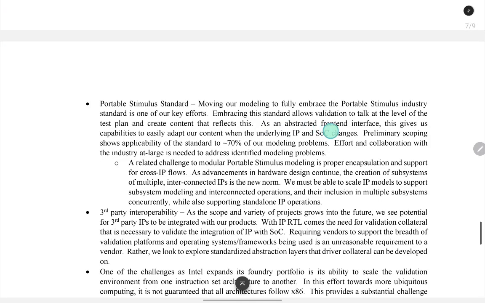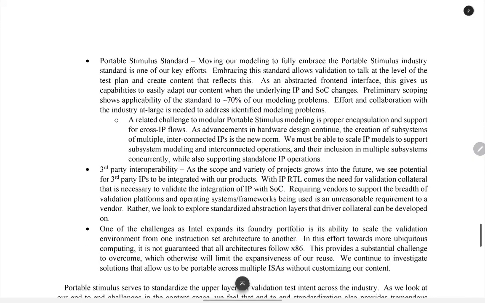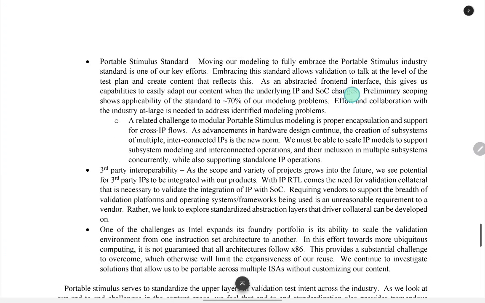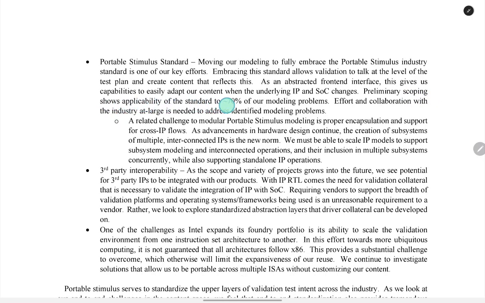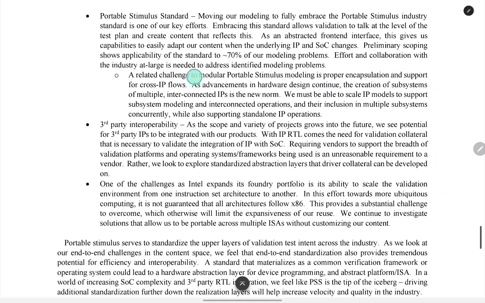As an abstracted front-end interface, this gives us the capability to more easily adapt our content when the underlying IP and SoC changes. Preliminary scoping showed the application of the standard to up to 70% of the modeling. Effort in collaborating with the industry at large is needed to address the identified modeling problems. A related challenge to modeling